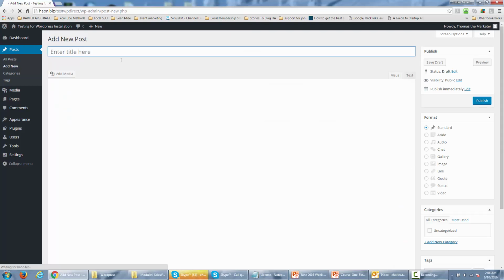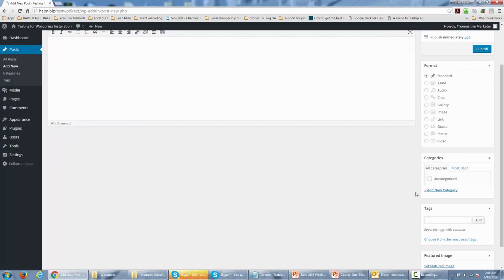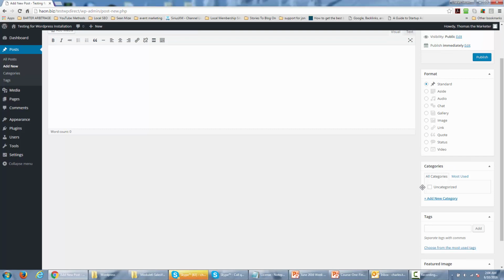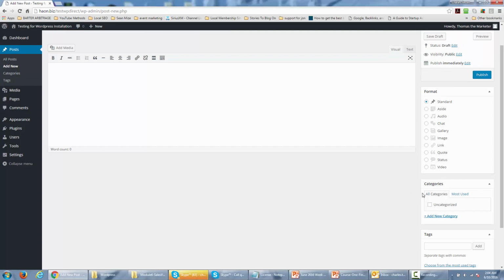And there are a couple of things that you want to know about creating posts. Posts are the most common way of creating content in a WordPress site. And you are going to want to have your post organized by some kind of category. Now, whenever you're in the posting area, WordPress will start out with an uncategorized area, but you can actually add a specific category to the post that you are writing. And all posts are going to be organized by category unless you decide to leave it uncategorized and in a